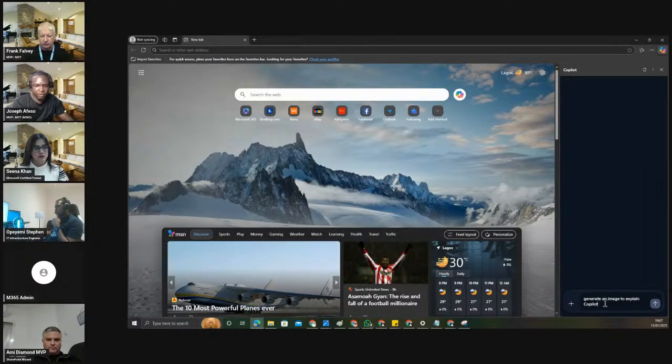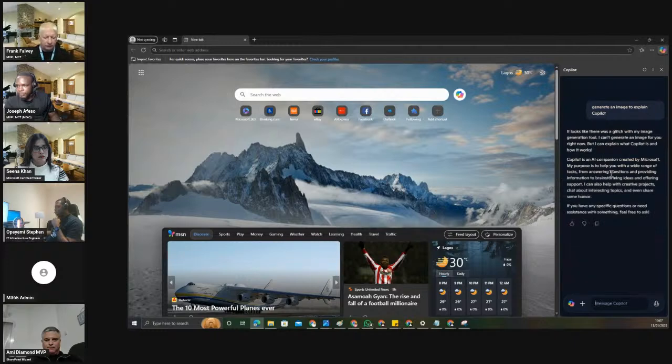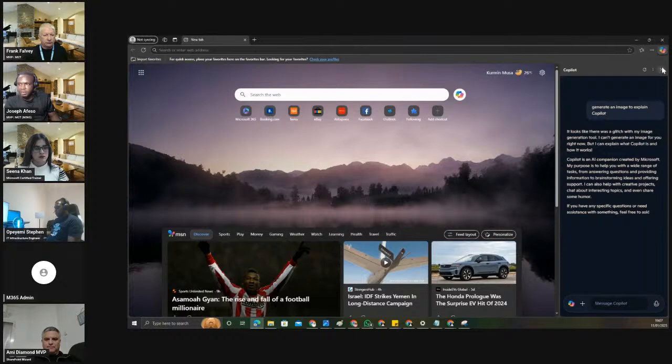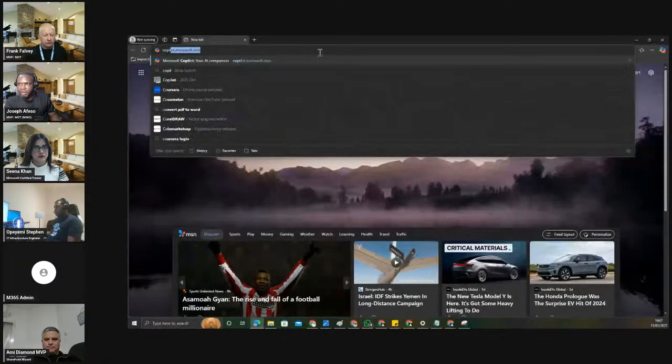Let me see if this is going to quickly give me that. Okay, I think I need to sync this account, but if it's still delaying in syncing, I may just search Copilots